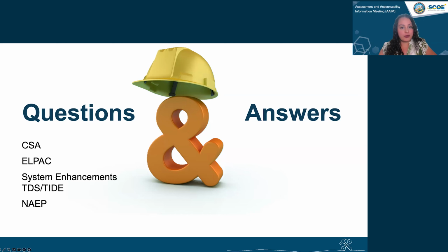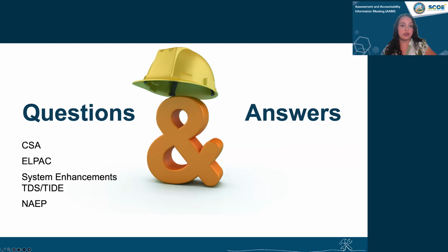Okay. Another question for the CSA. I would like clarification on the CSA assessment for high school. Does this apply for districts that do not have a dual immersion program in the district? Or does this mean all high schools at an LEA can use the CSA assessments towards earning the state seal of biliteracy?